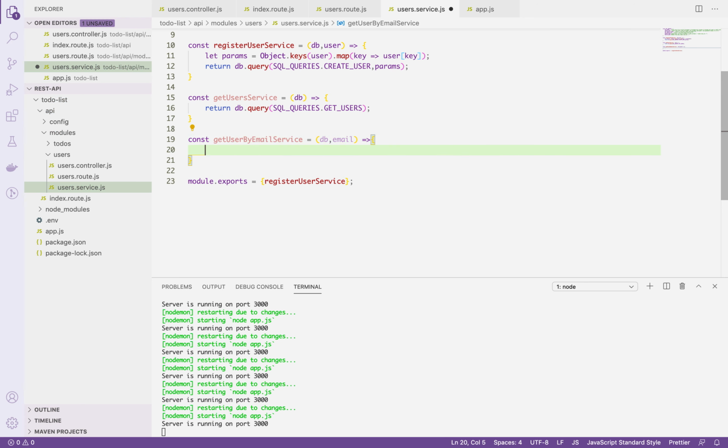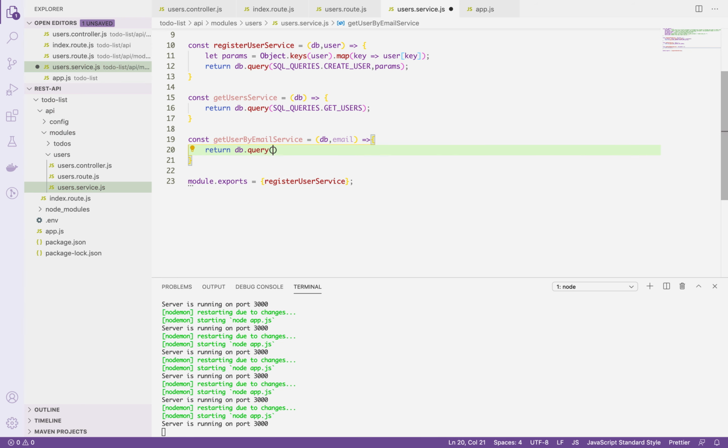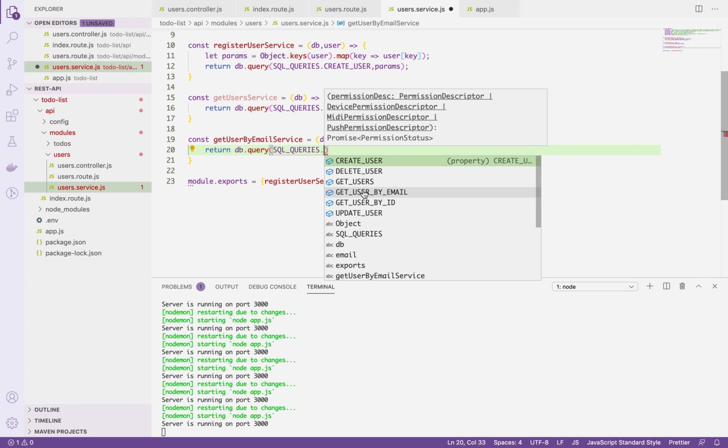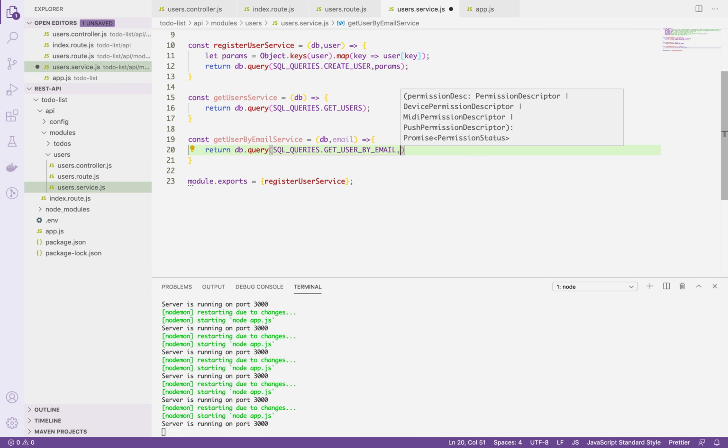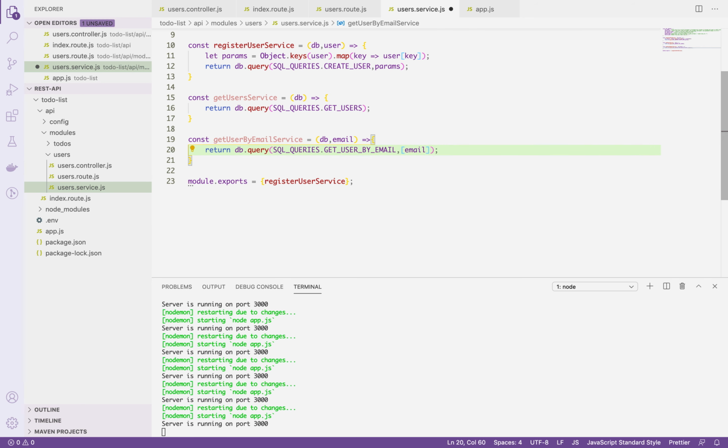So return db.query, sqlQueries.getUserByEmail, and the second parameter will be email. Okay,